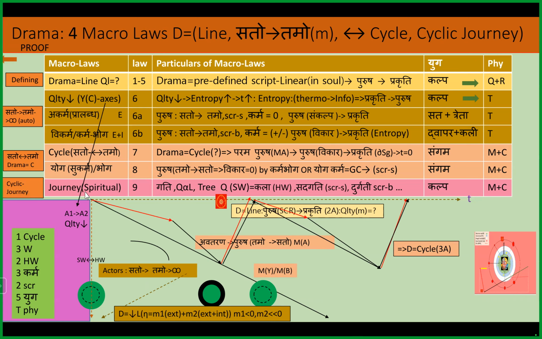That's why drama is a cycle. This is a cyclic journey. It is nothing but a spiritual journey. You will see that the soul with script S, the journey starts from here. It can start from here or from here. Then it will enjoy the deterministic, non-Vikari world. Then everybody has to experience this Vikari world. Then it will follow the path of Raj Yoga, and then it will come back here to the script. So this is the journey of the soul with script S.